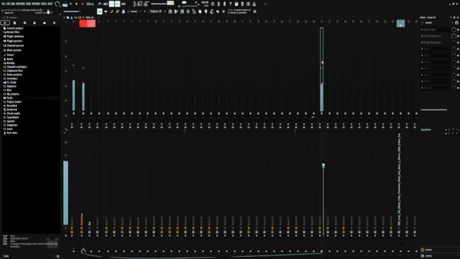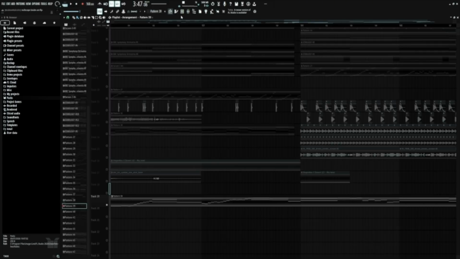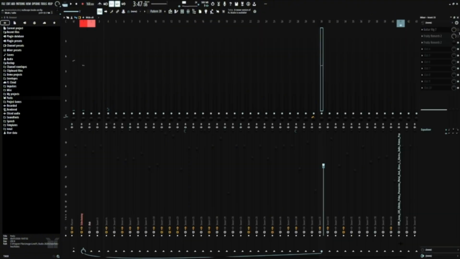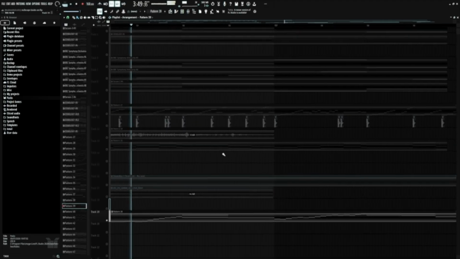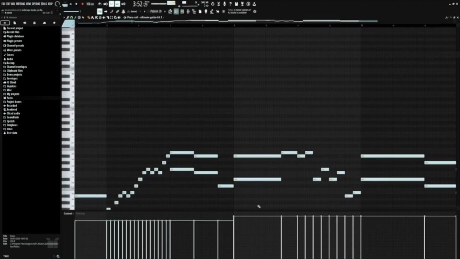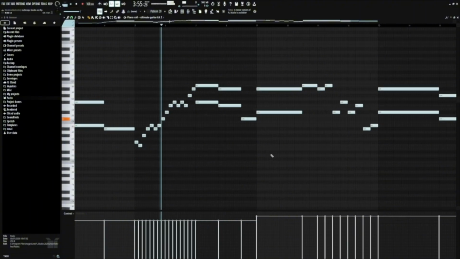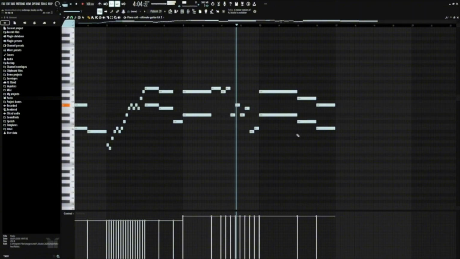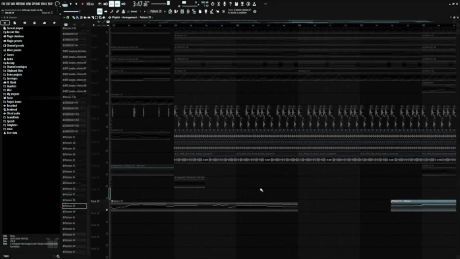So I added this guitar here. Obviously it does not sound like this normally. If I take off the effects, it just sounds like this. Oh wait, no, that's pretty weird. But I add a guitar rig onto it. It just plays this melody. Yeah, pretty cool. And then we have it again over here.